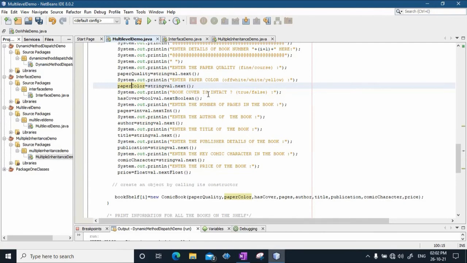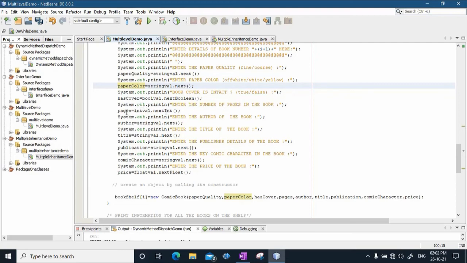Then it will ask whether the book cover is intact or not, you have to write true or false. Whatever you type, the scanner object of type bool val will take the next boolean value and store it in has cover. Then it will ask, enter the number of pages in the book.